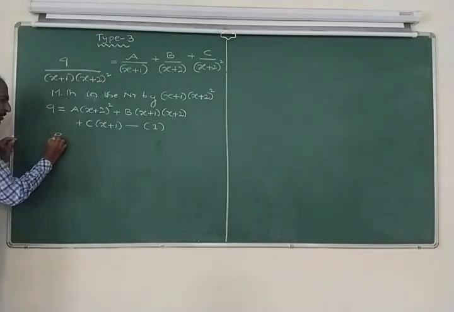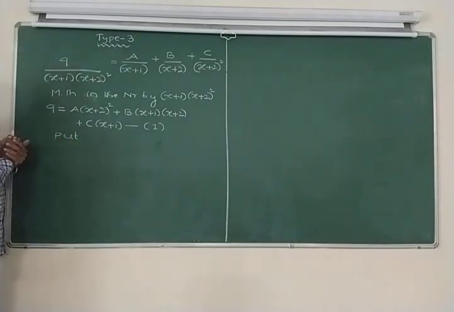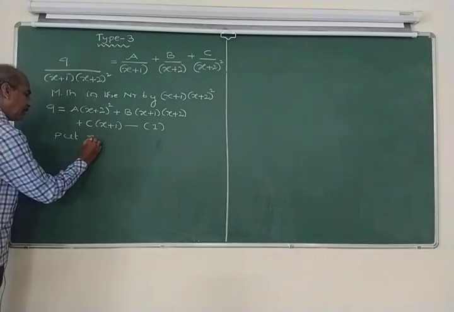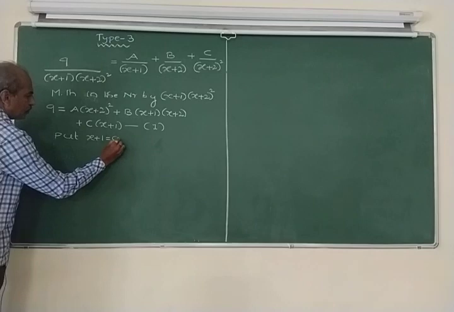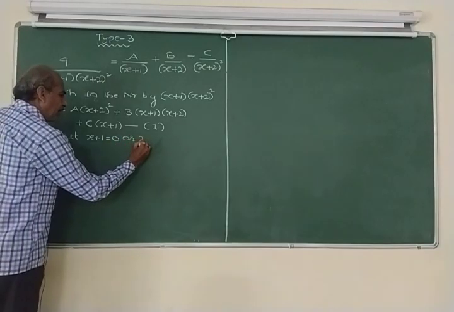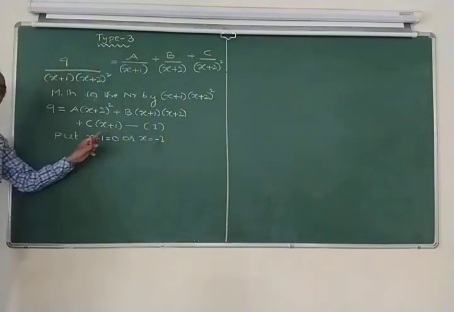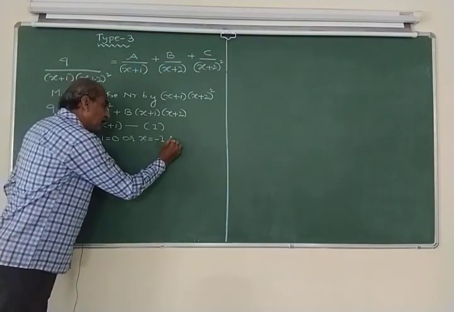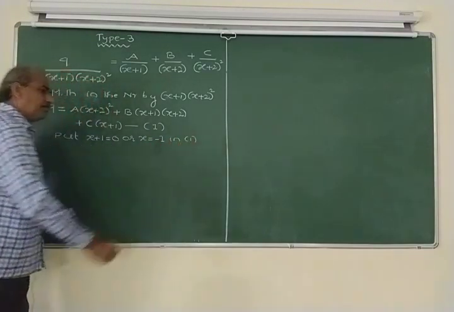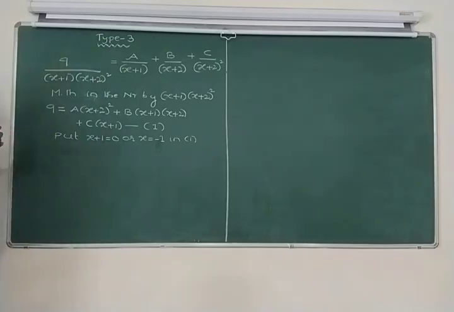Now, let us write like this here. Put the linear factor equal to 0, or the value of x can also be equal to minus 1. Both are one and the same. Where will you substitute? In equation 1. Okay. On the left hand side, in case you find the value of x, you must replace it by minus 1, but here you do not have any x term at all. Therefore, on the left hand side you have 9, you write it as it is. Okay.